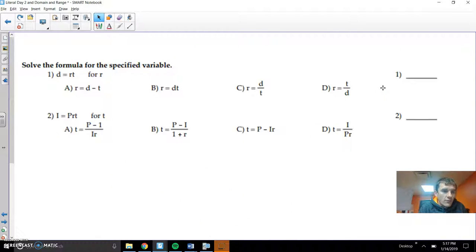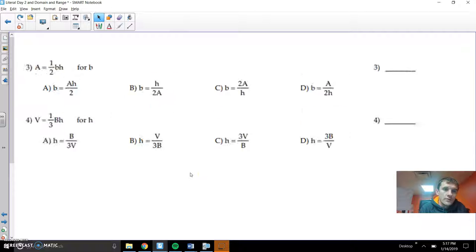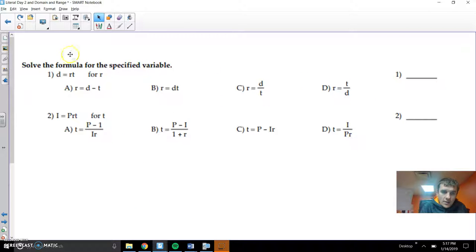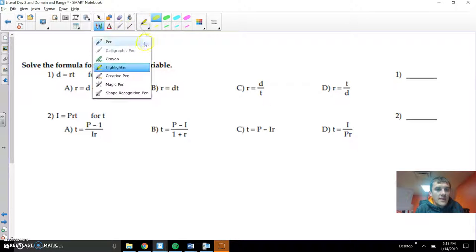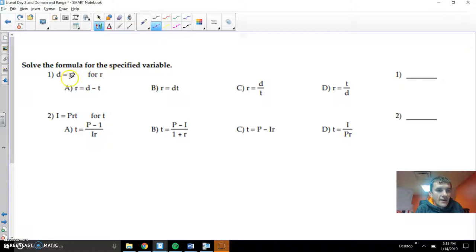If we have just a moment, I'll talk about solving for literal equations. How about I do these two and you try the other ones, which I think is reasonable. So if I'm trying to solve for r, I'm going to first, in my mind, locate r. R is right there. It's kind of hard to show just r, but r is right up against t. So that means that if I want to get r alone, I need to divide t away, and you really